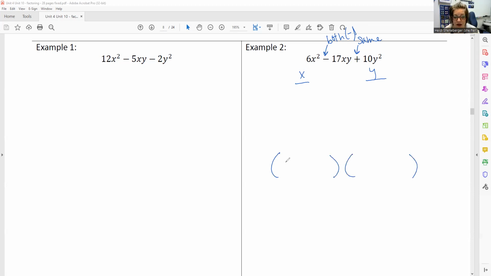I know I've got x squared, so I'm going to have x times x. And in this case, I have y squared too. So I'm going to go ahead and put my y's down there, and then I'll fill in any coefficients around that. I'm going to list the multiples though of 6 for the x. So 1 times 6 is our multiples or factors. Just kidding, we're factoring. I said the wrong word. This is why students get confused with those. I also have factors of 2 and 3 with 6. Now I'm on to 10. I have factors of 1 times 10 and 2 times 5.